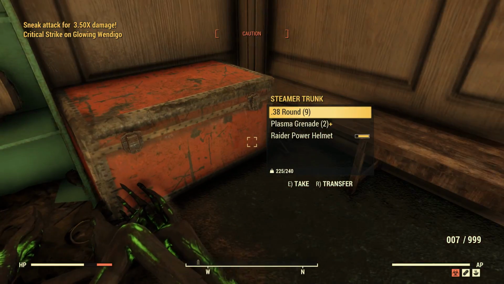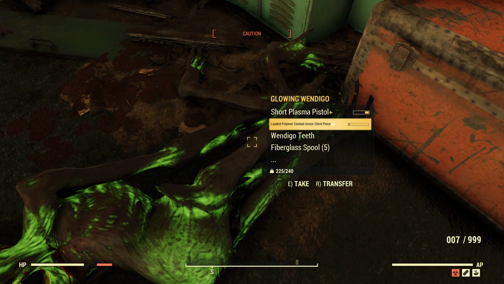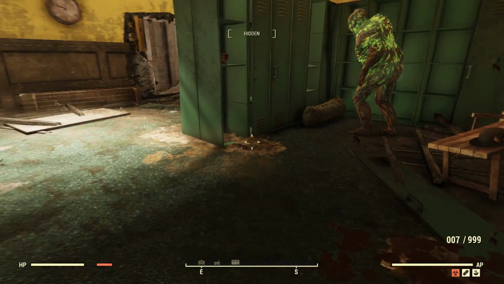Also, what was that? Did I see some... I thought that was... Oh, a plasma pistol. I'll definitely have that. I kind of need those things. I want more parts. So if I get a good explosive one, I can easily...